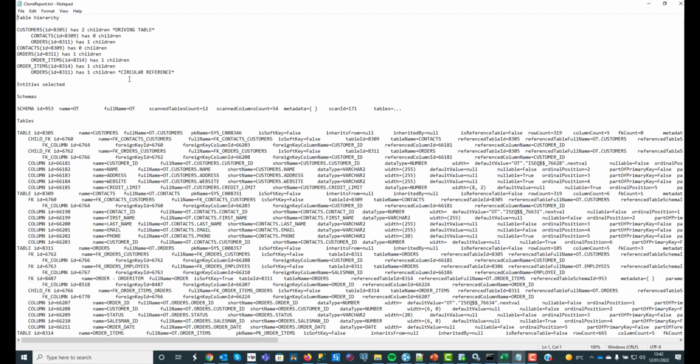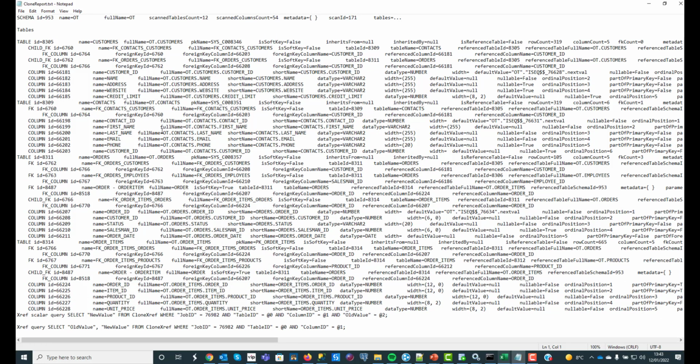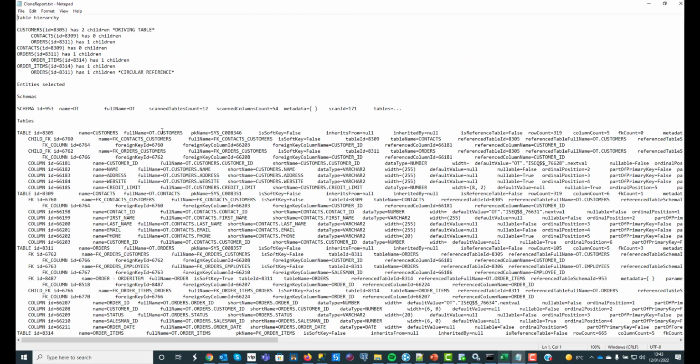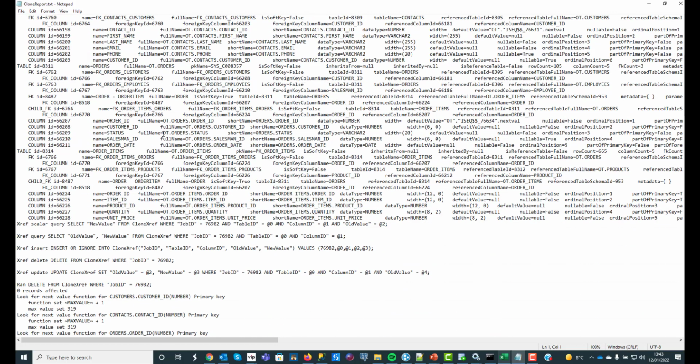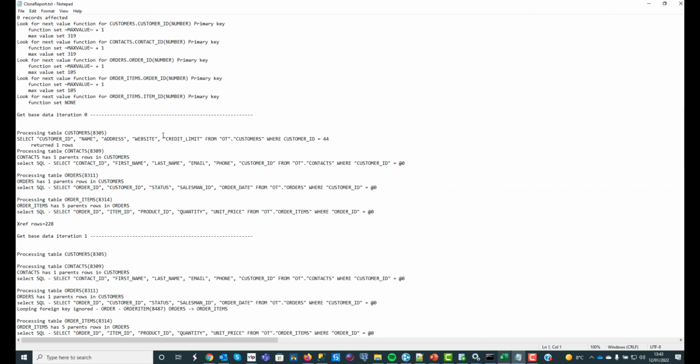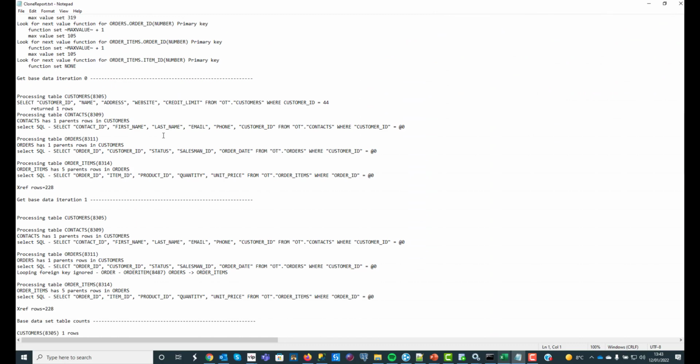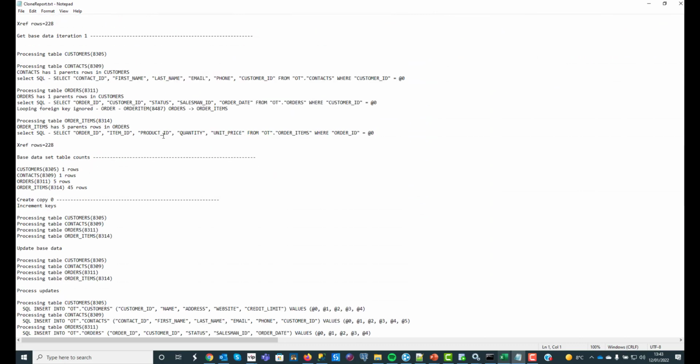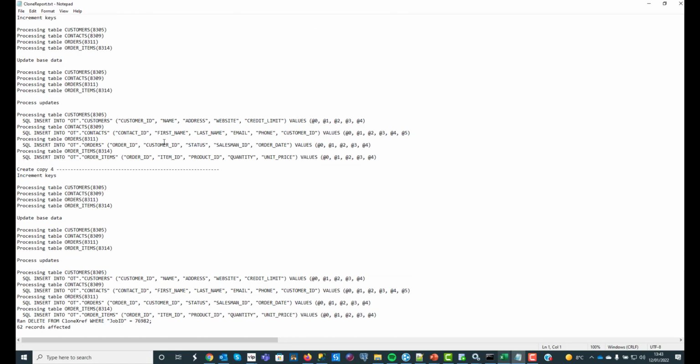Now the way cloning works is that you start at a primary table and then you work your way down through the child tables and the grandchild tables. If you're familiar with the subsetting, then you can also make it quite sophisticated in terms of looping across the database. And this gives you a nice little report, which is basically saying we picked up customer ID 44 and we've now created a series of order items linked to that original customer ID 44, but they have new